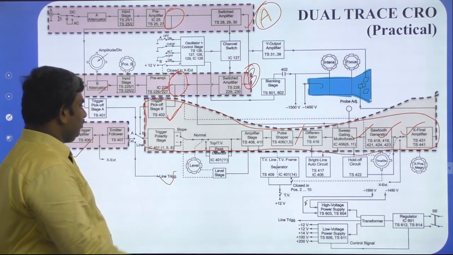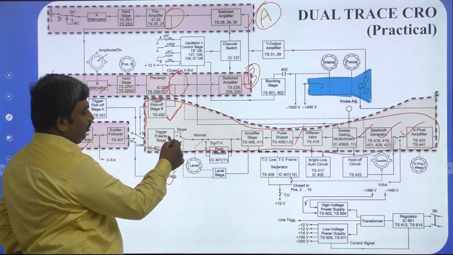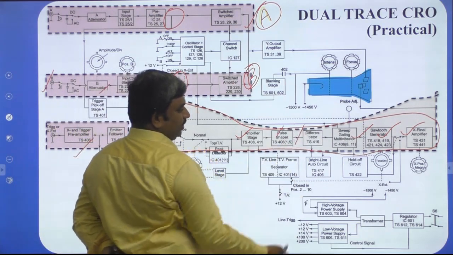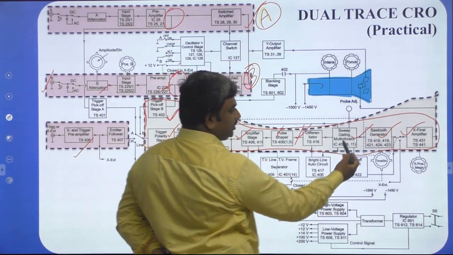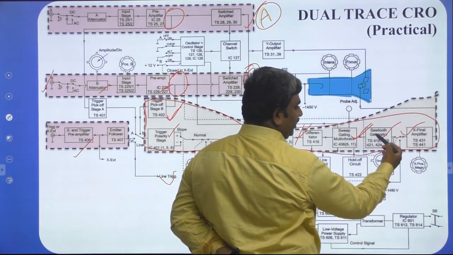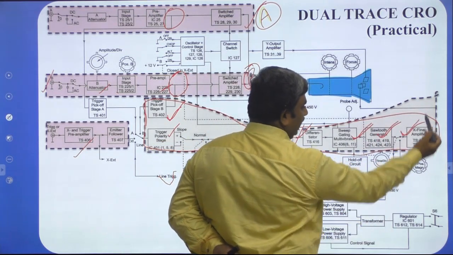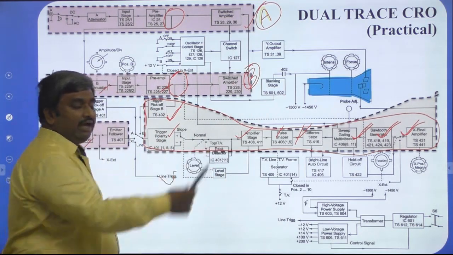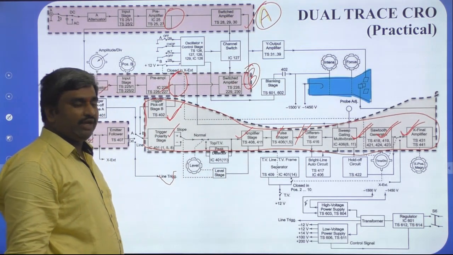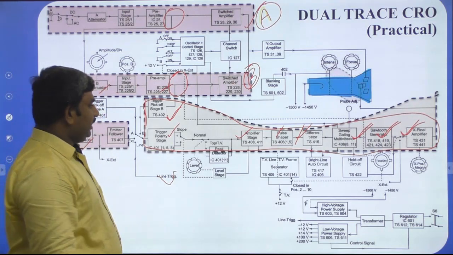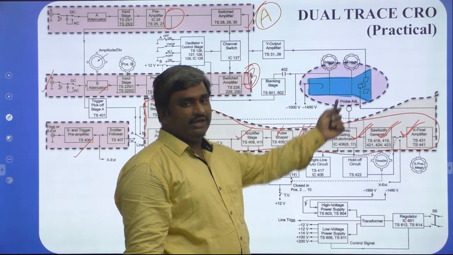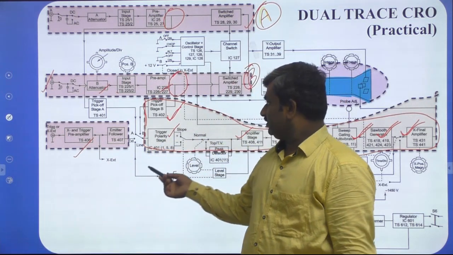And see what the remaining blocks are. The remaining blocks here are the trigger polarity stage, amplifier stage, pulse shaper stage, next differentiator, sweep gating multivibrator, sweep generator and finally the X final amplifier. These are the X channel system. Next, this is the CRT.